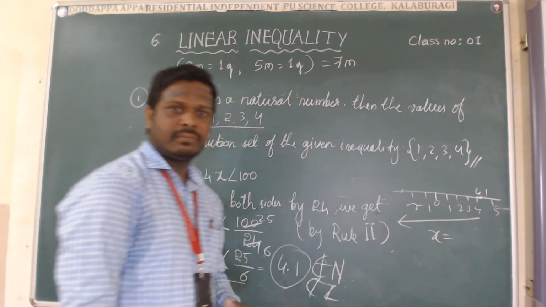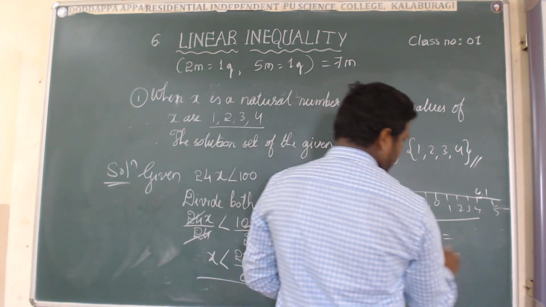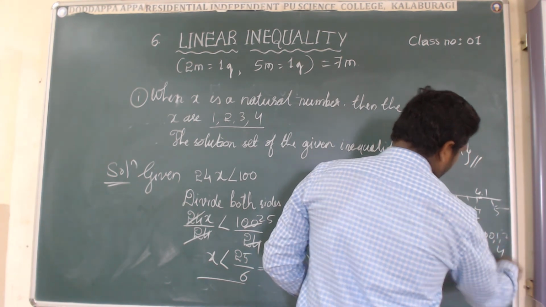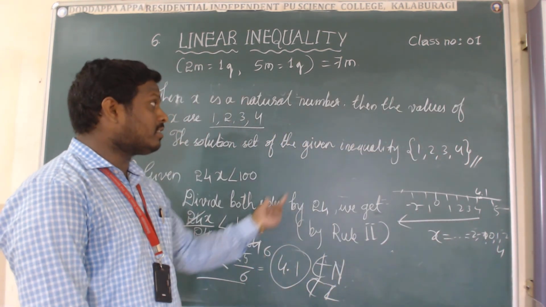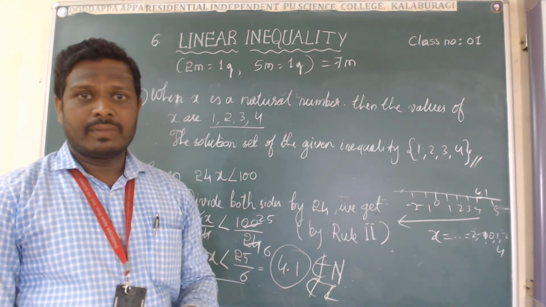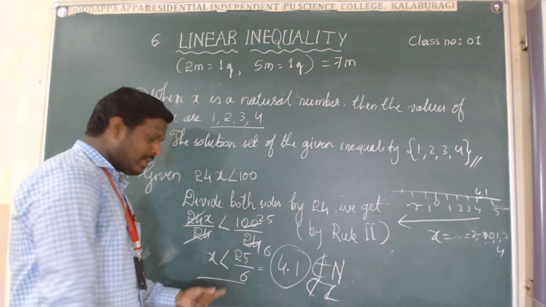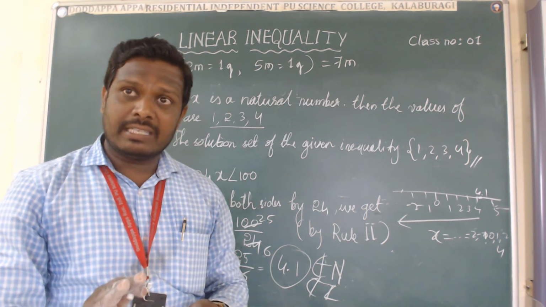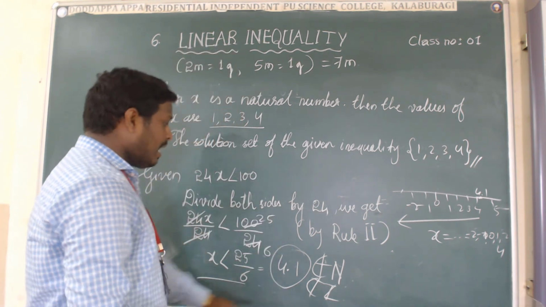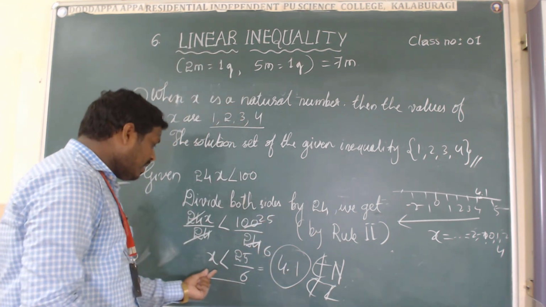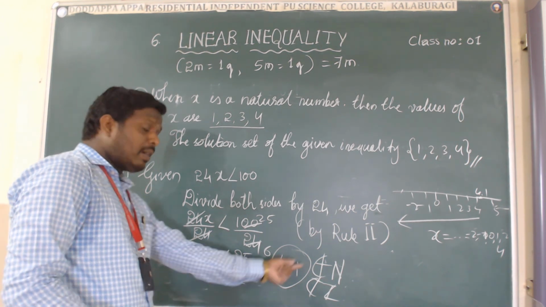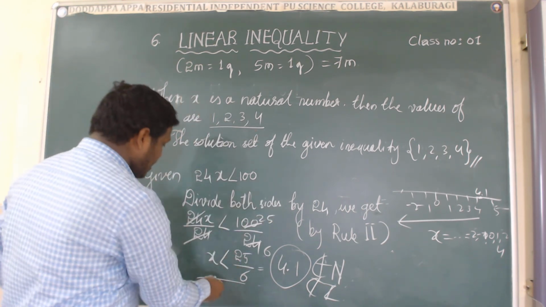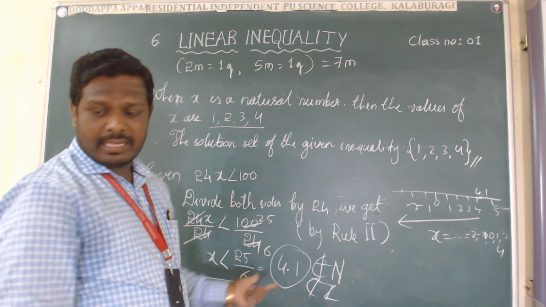Getting my point? It means so on -2, -1, 0, 1 up to 4. We can write these values of x because x here is an integer, using the condition that x is less than 4.1. 4.1 is not present in the set of integers. Negative values also will be coming here and up to 4 positive values, because this condition is less than 4.1. We have to take values up to negative infinity. We can consider the x values here. That is the main point.